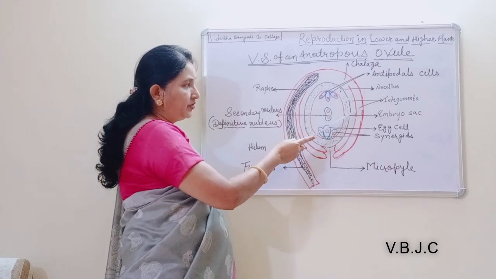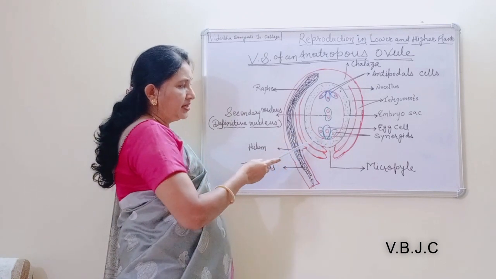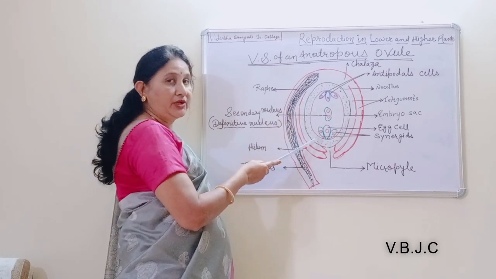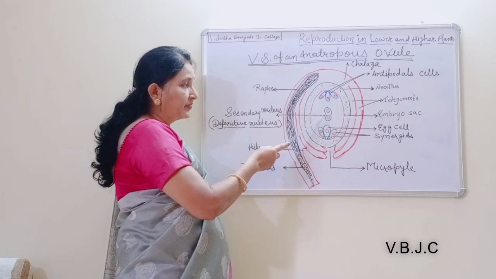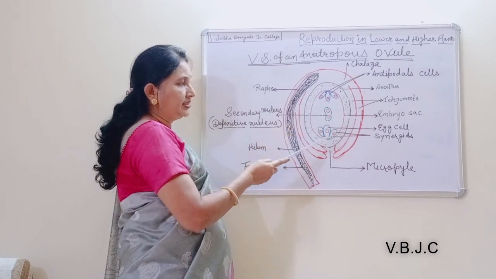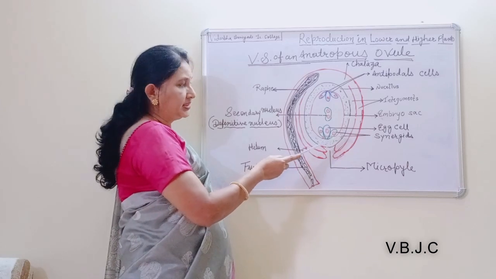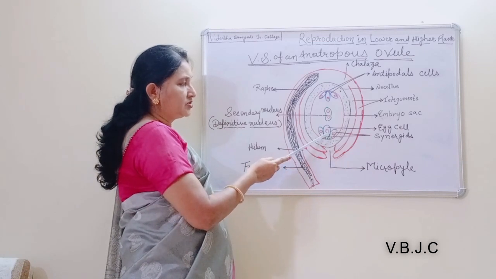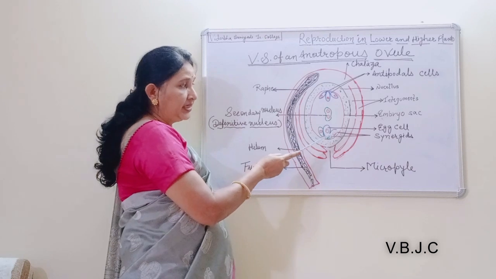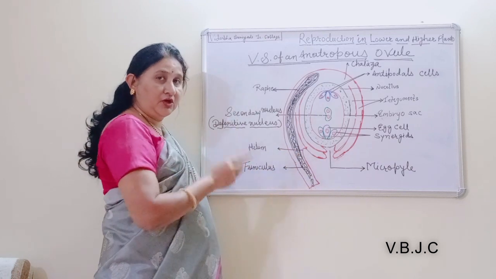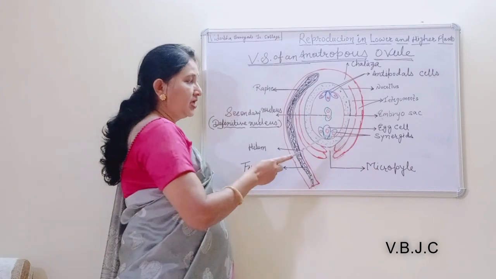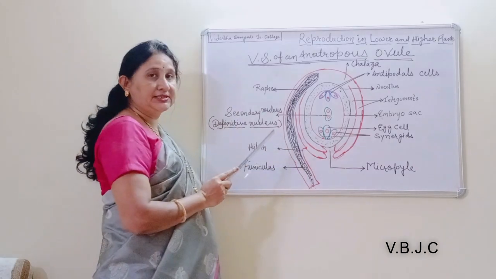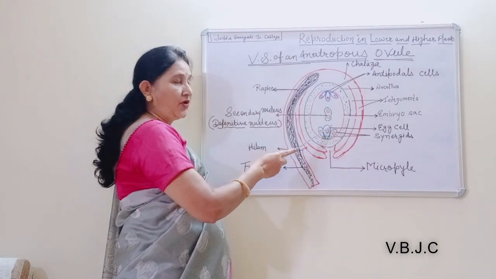After the integument, about the nucellus. What is the function of the nucellus? The nucellus plays an important role in the formation of the embryo sac. In the embryo sac, the egg apparatus is present at the micropylar end, with the egg cell at its center. This egg cell unites with one of the male gametes during double fertilization and gives rise to the zygote. After this, embryogenesis takes place and the embryo is formed.